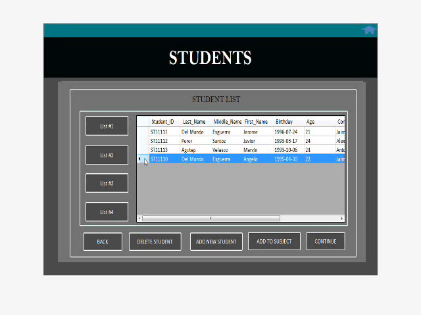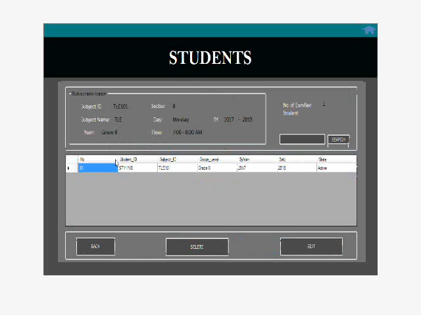We just have to click it and click add to subject if we want to add this student to our selected subject. So it is successful. We have added Angelo to our subject, and we just need to continue. Just click this continue button.